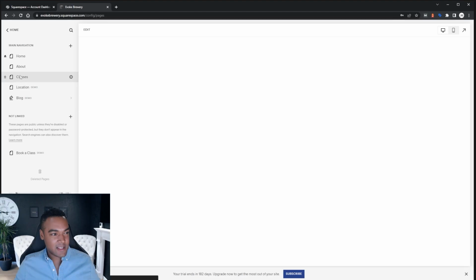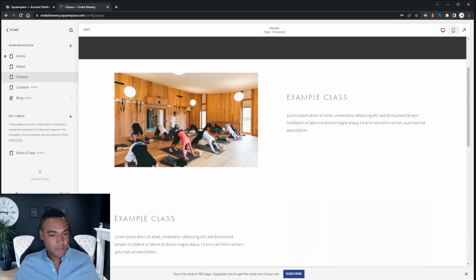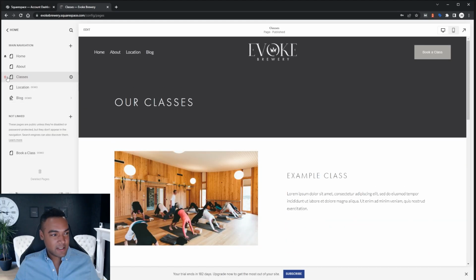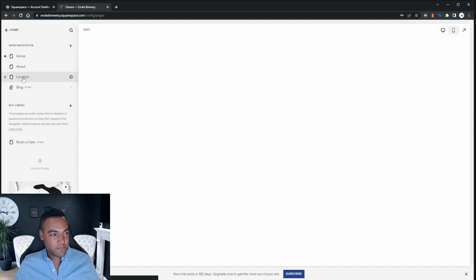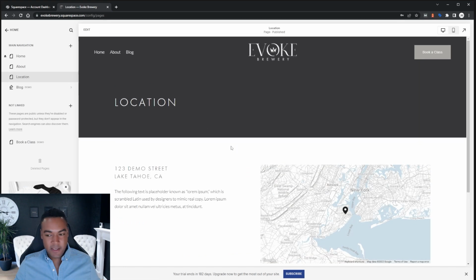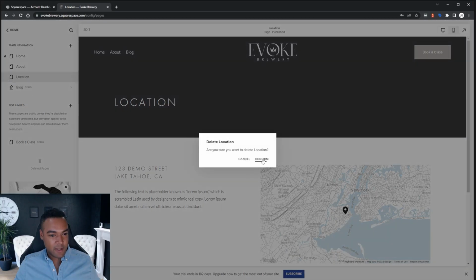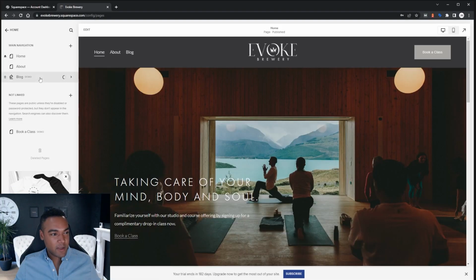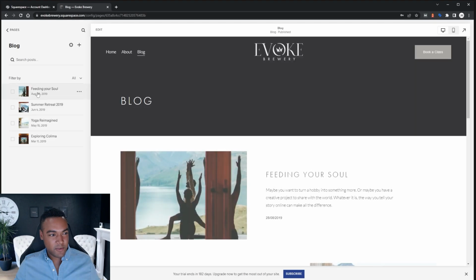I'll click classes next. It's quite a simple layout. I don't think I need to keep that. Location. I might keep something like that for location, but I'll delete that for now. There's some other good options for contact and location pages. And then a blog. The blog comes with usually the first few posts as demo content, and the blog is